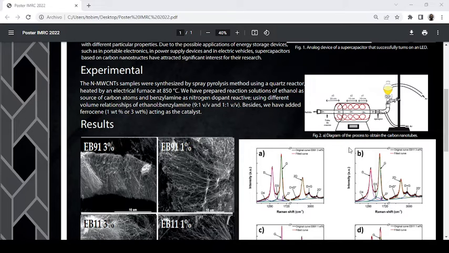The multi-walled carbon nanotube samples were synthesized by the spray pyrolysis method using a quartz reactor heated by an electric furnace at 50 degrees Celsius. For this work,